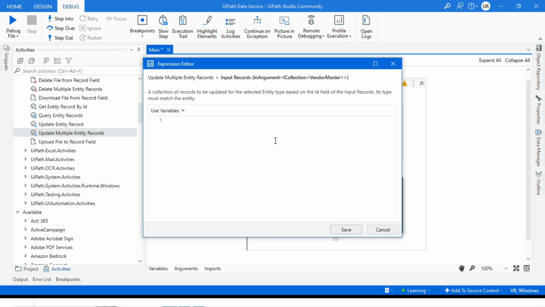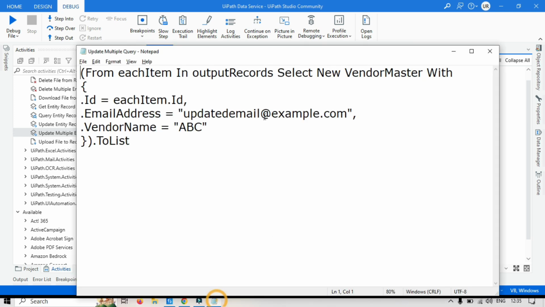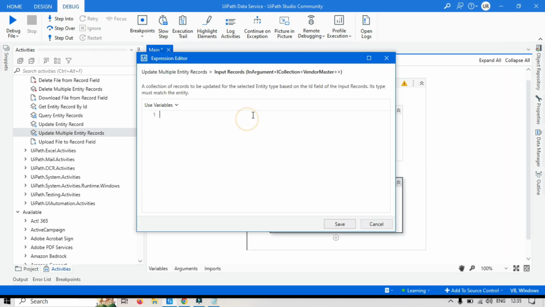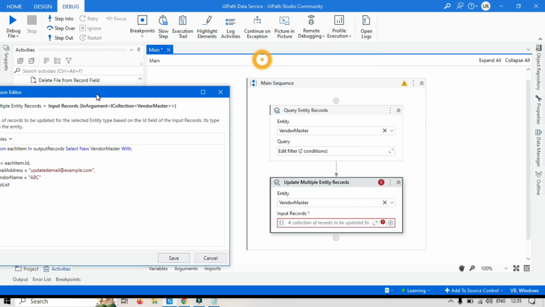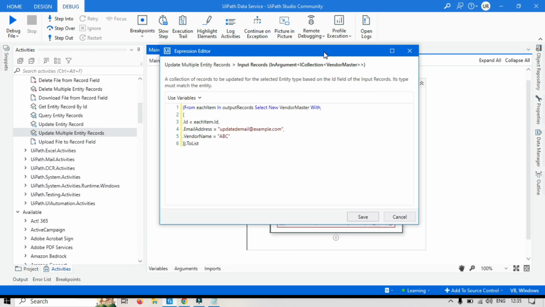So we need to write an expression here. Let me show you. We'll copy and paste here. Now you can see here, we'll be using this from each item. Each item is just a variable. It's like for each item in the collection. So we are using this expression to update that. So from each item in the output records, basically this collection that we are getting from the query entity records activity,